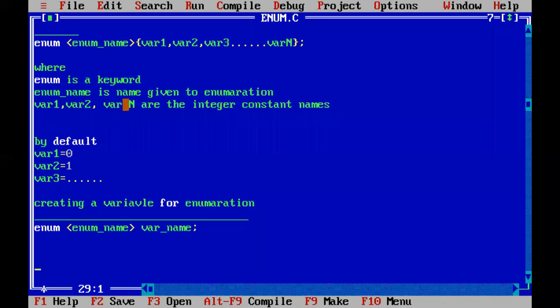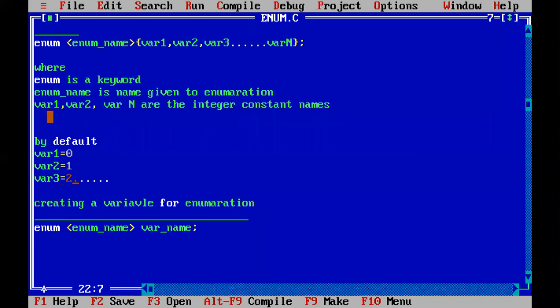If we don't give any values for the variables, by default variable 1 will take 0, variable 2 will take 1, and variable 3 will take the value 2. That means 0, 1, 2, 3, 4, all are integer constants. And variable 1, variable 2, variable 3 are names given to the integer constants 0, 1, 2, 3.